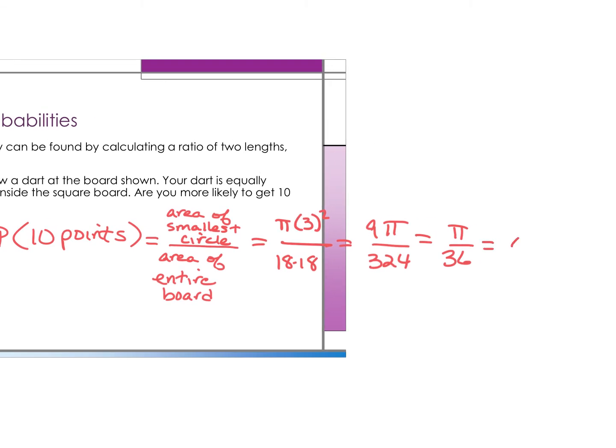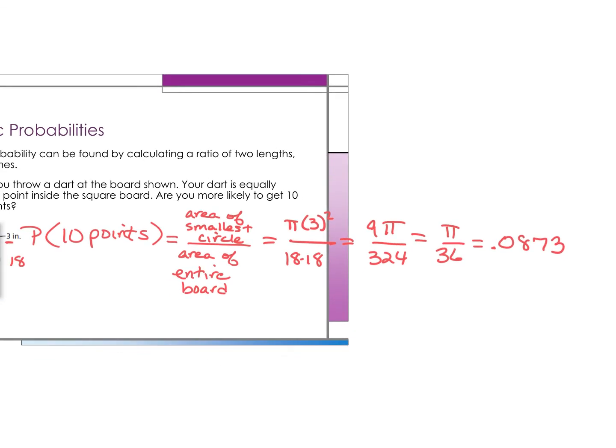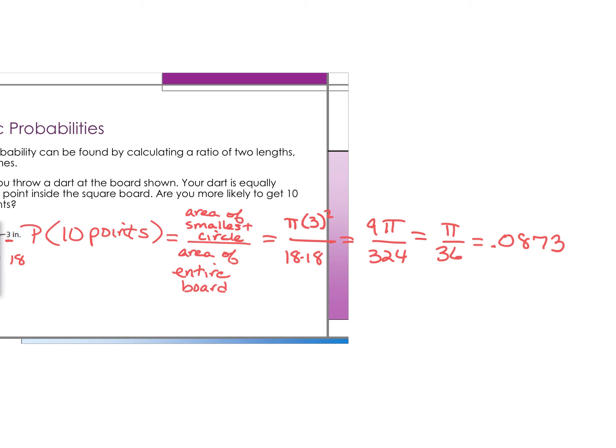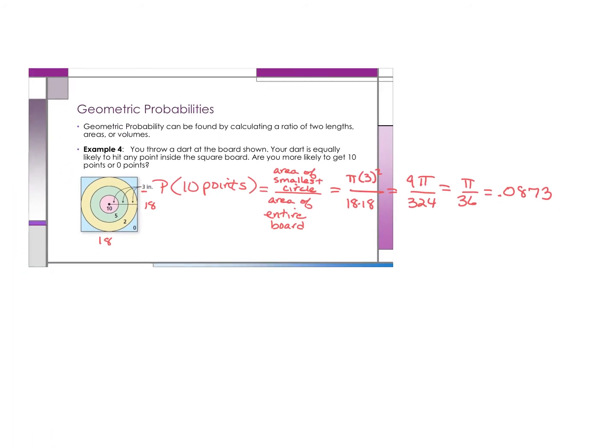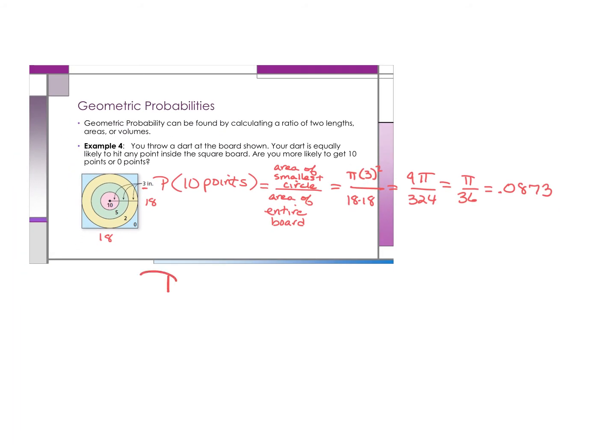And my probability here is 0.0873. So in fraction form, you could leave it as pi over 36. As a decimal, this is going to be easier to compare. Now let's do the probability of hitting the blue section. So the probability of 0 point section,